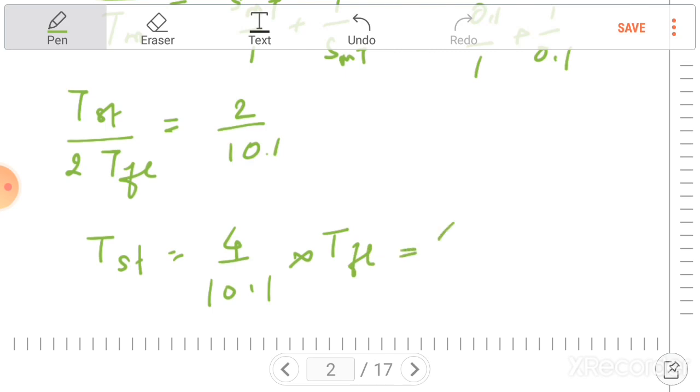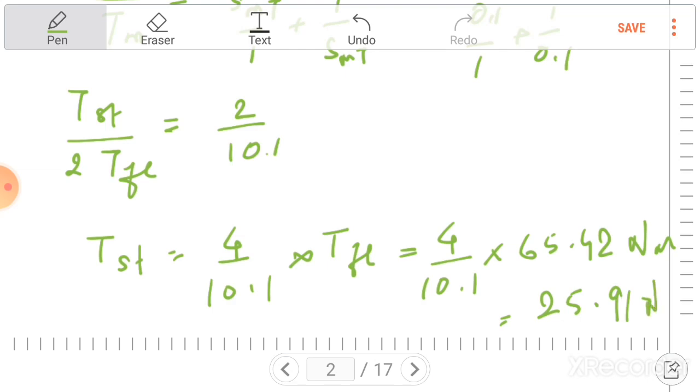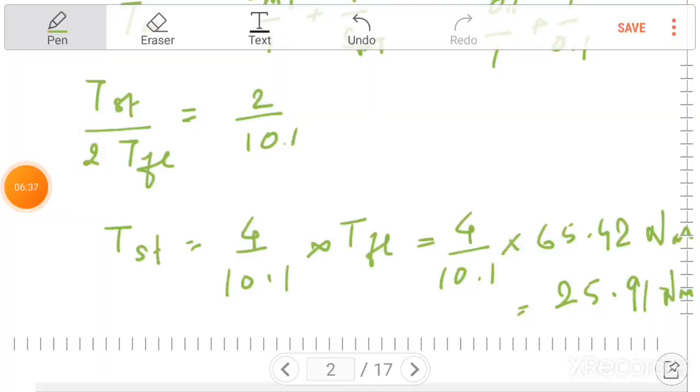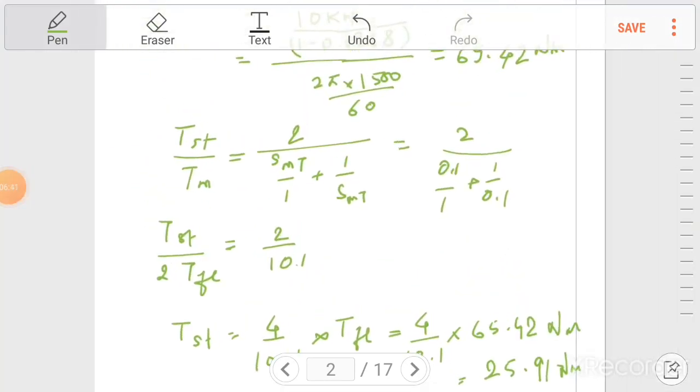So apply this: 4 by 10.1 multiplied by 65.42 Newton meter. The answer is equal to 25.91 Newton meter. So this is the answer of third option. Now